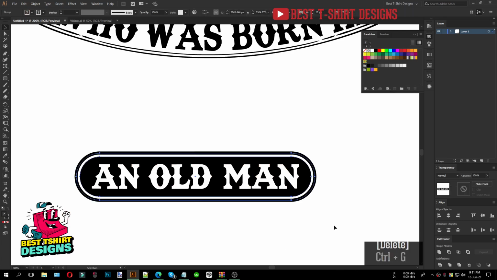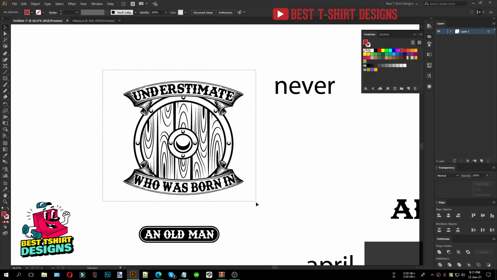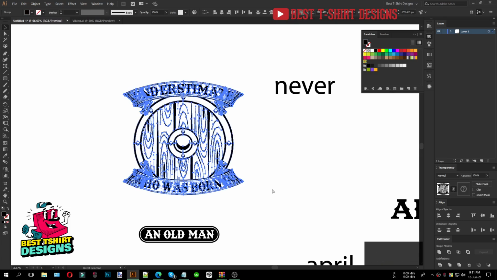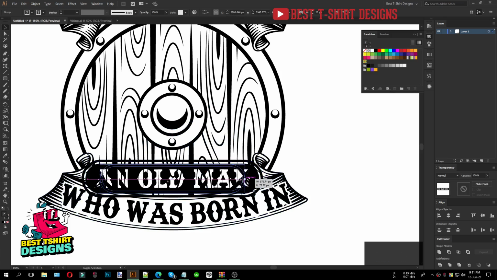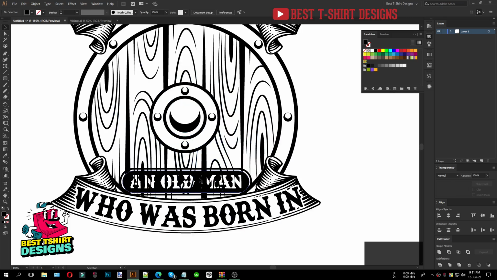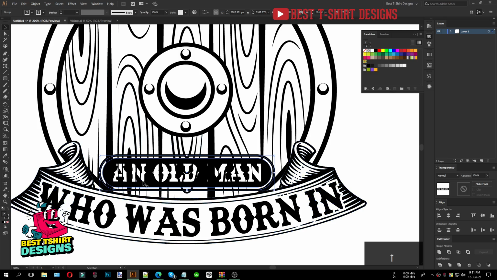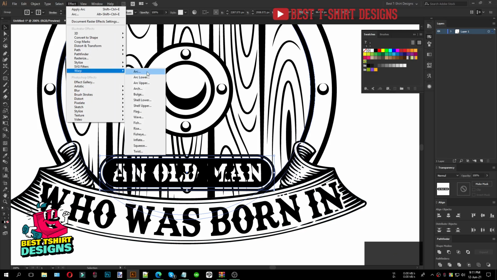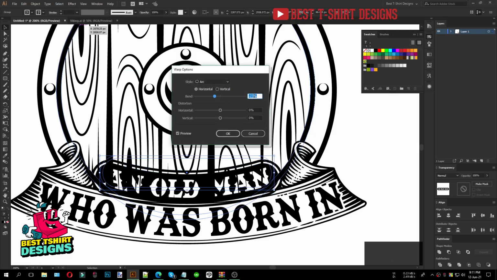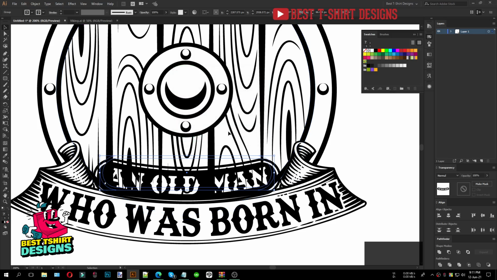So selecting this one, group, and now as this is placed perfectly, I don't need to change their position, or I don't want to change their position. Now make them a group, so that will not change. Now this is the important part here, this old man, and then I am selecting them and then placing it like this, but I want to match the curve of the ribbon here, and for that if I press that, keep that a bit upper than the ribbon, then go to effect, wrap, and then arc. It is going to again act in the opposite, in the previous direction that we did. So maybe that will work for me.